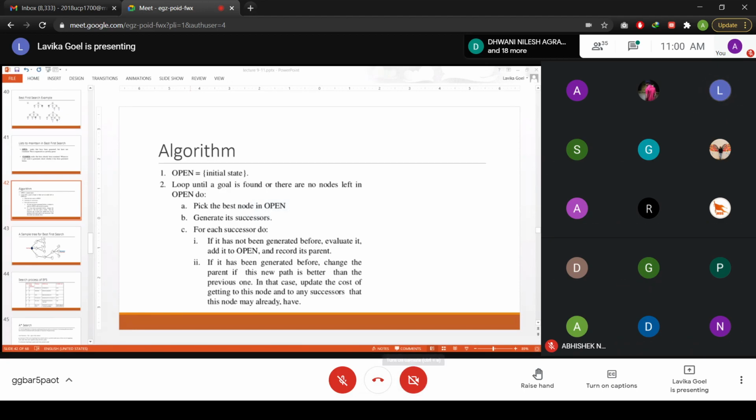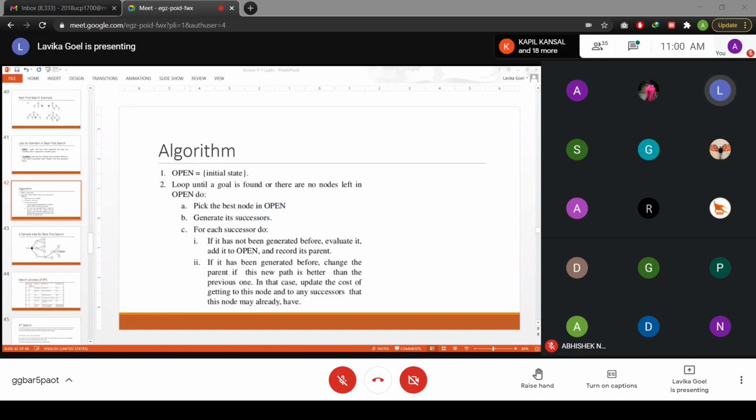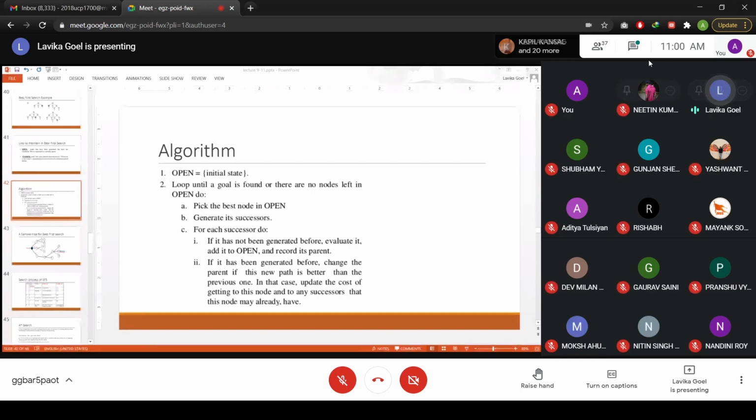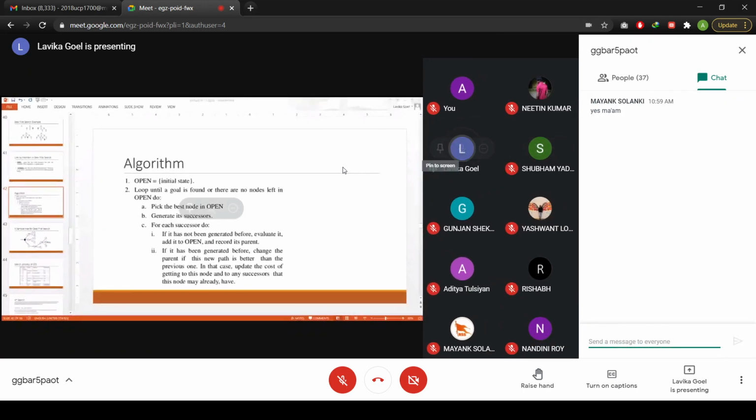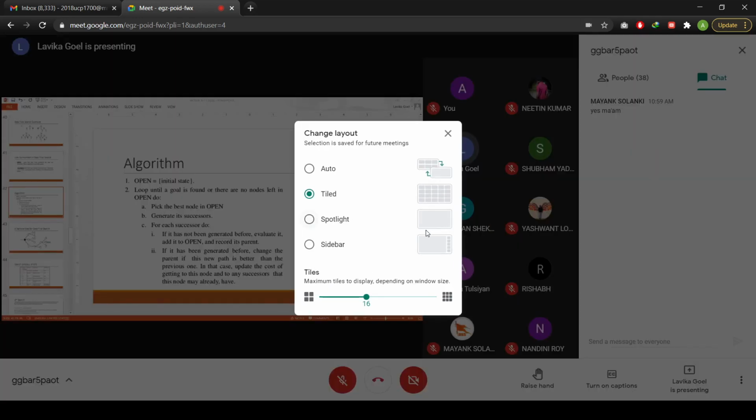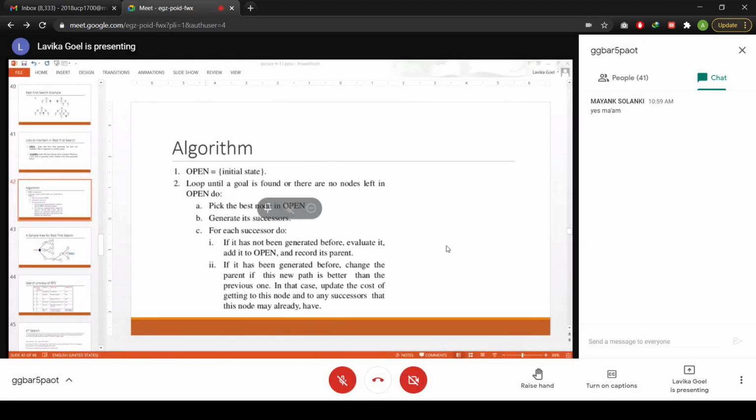Children generated, right? So they are called generated but not expanded nodes. So we pick up the best node from the open list, right? Every time we will pick up the best node from the open list. And how do we pick it? We use the heuristic function for finding the score of each node, and then we pick up the best heuristic value node. So that is selected from the open list, right?